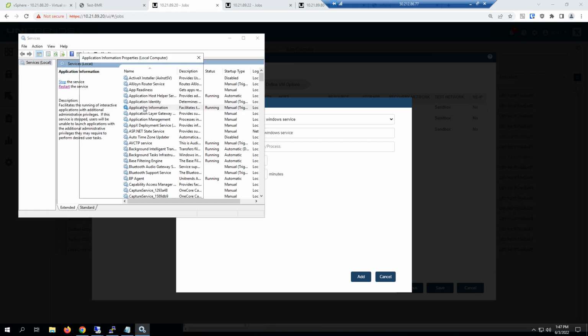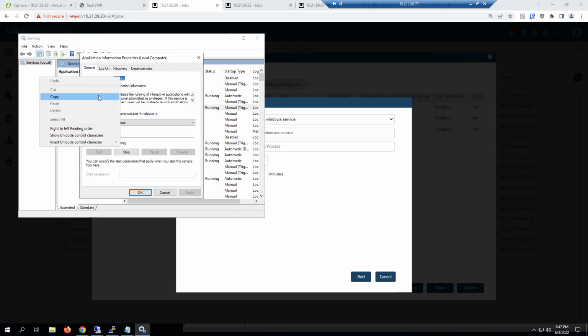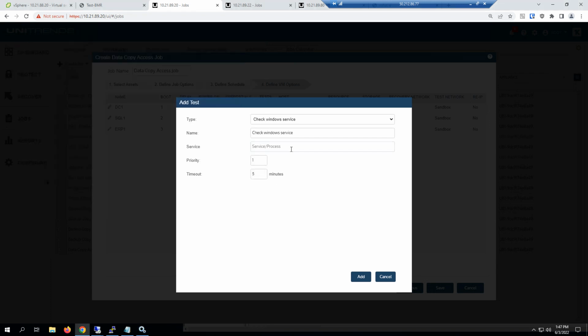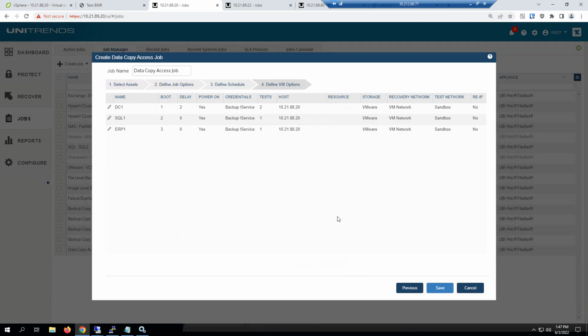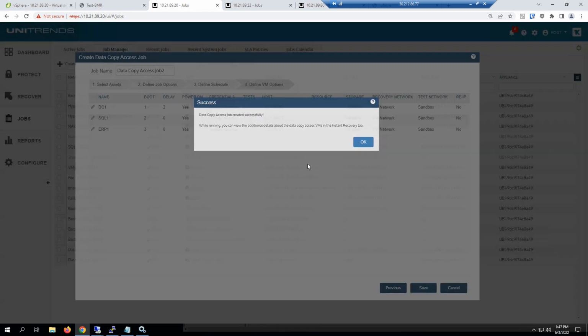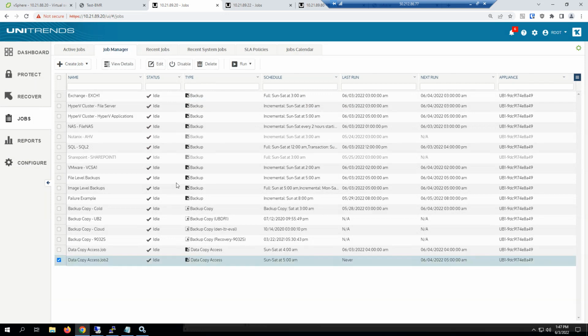We would simply find the name that shows up here in blue and copy and paste that in, though a generic check is the server service, as all Windows machines will have that. So if we save this, you'll see that we now have a new job. And at any time, I can run a test, which would stand the servers up,